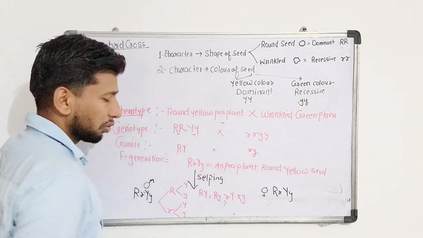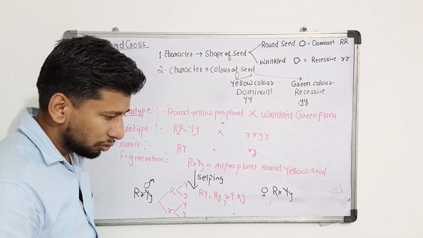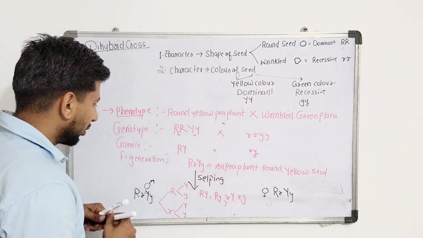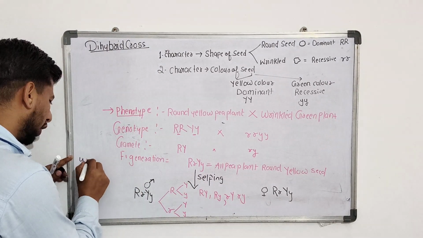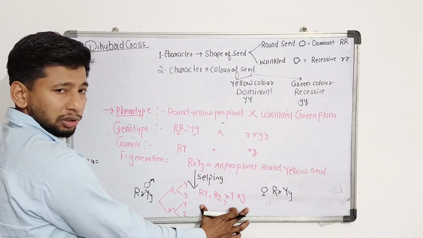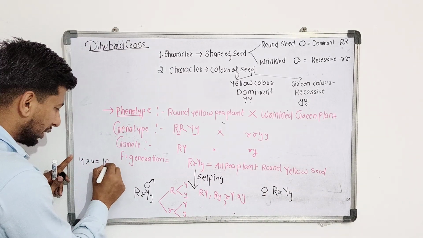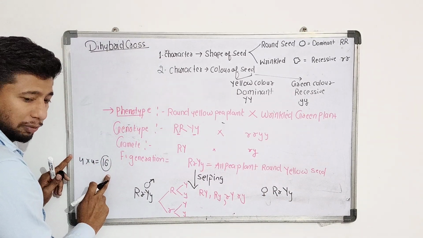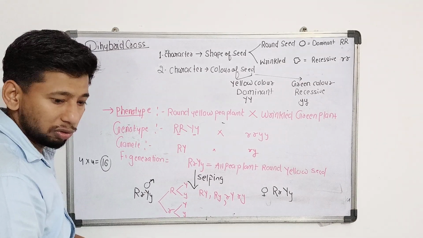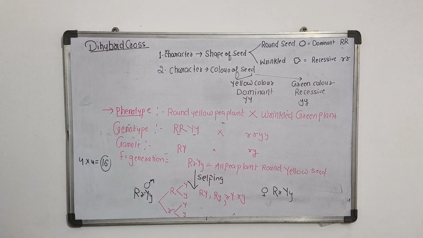Similarly, four different gametes of female will also be produced. And how will we determine in F2 generation how many boxes in the Punnett square we will use? We simply multiply the number of male gametes by the number of female gametes. In this cross, male will produce 4 gametes. Similarly, female also produces 4 gametes. So 4 into 4 means 16 boxes we will have to prepare for the F2 generation. Now please note it, we will continue.